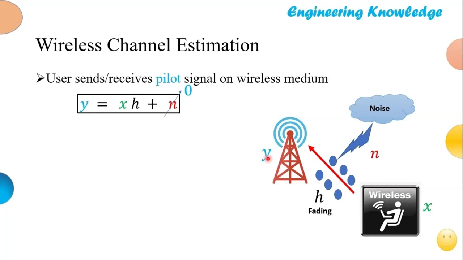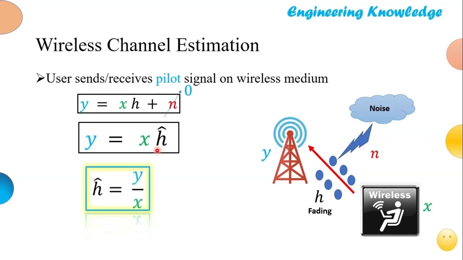While estimating the channel, we don't have the information about noise. So in the pilot transmission, we know what all these are, and based on this we want to estimate h. The channel is h, so we want to estimate h. If I neglect the noise, this basically becomes y is equal to x times h hat, because now h hat represents the predicted value of the channel, and therefore h hat in simplest form is y upon x. This is actually a channel estimation algorithm that I discussed before.